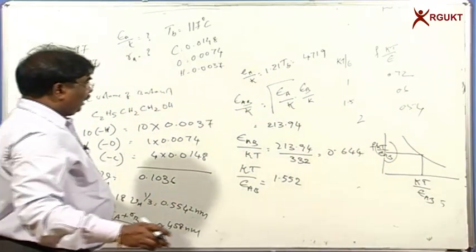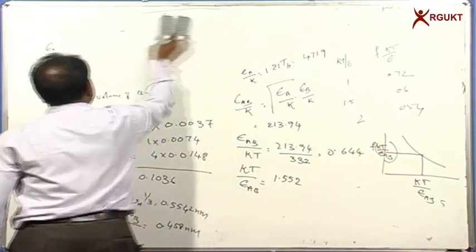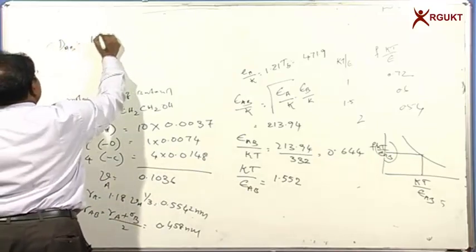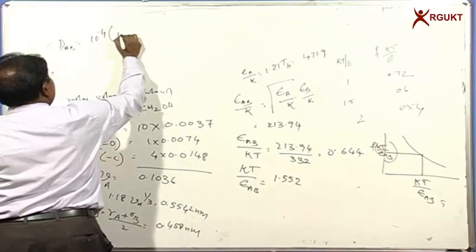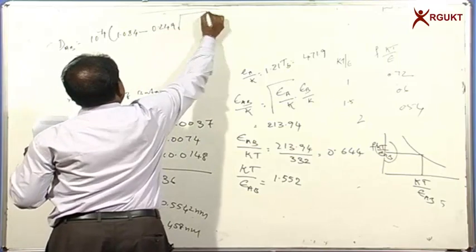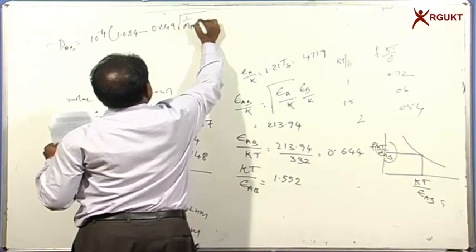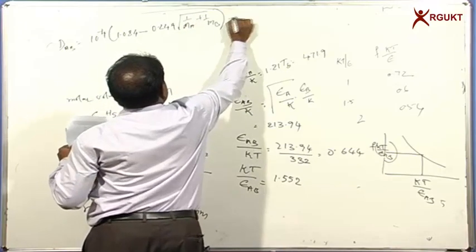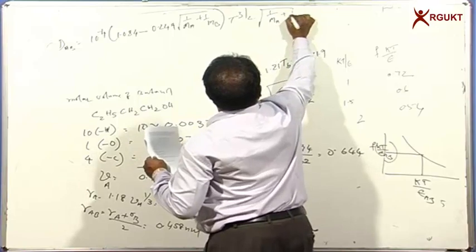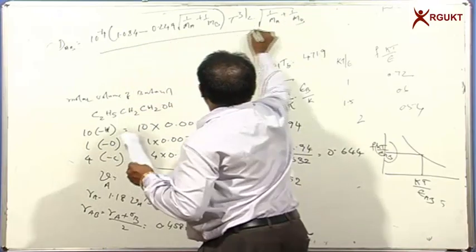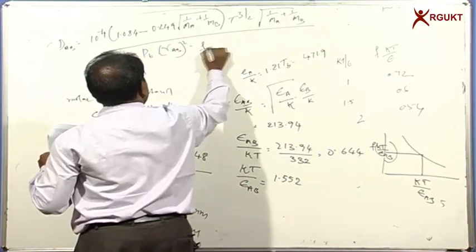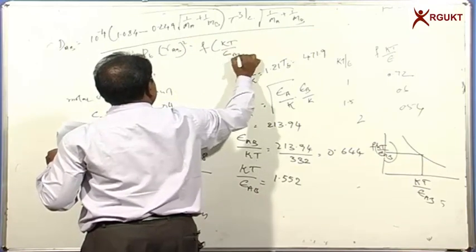Once after obtaining all these values, one can calculate the diffusion coefficient by the Wilke-Chang equation, where D_AB is equal to 10 power minus 4 into 1.084 minus 0.249 times square root of (1/MA plus 1/MB), times T to the power of 3/2, divided by PT into R_AB whole square into f of KT by epsilon_AB. This is